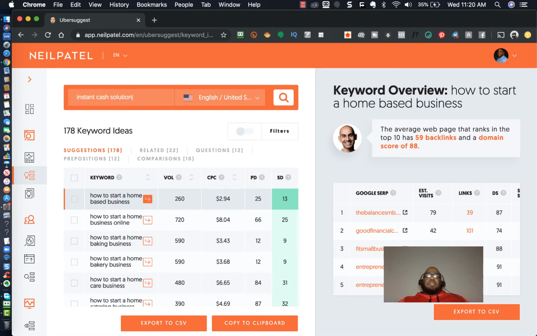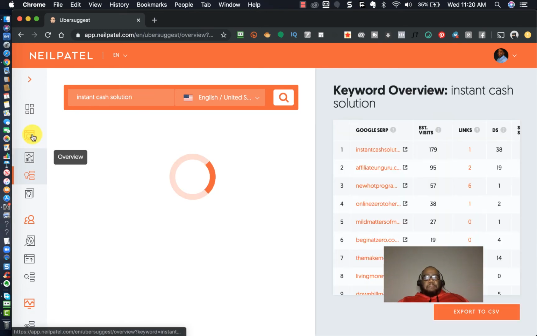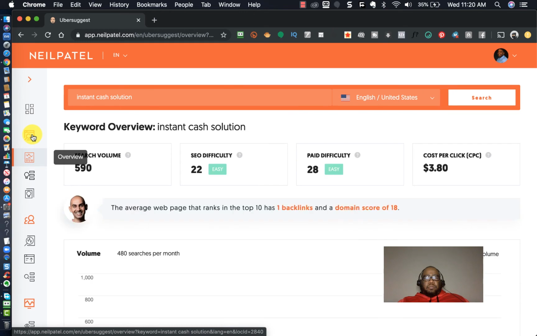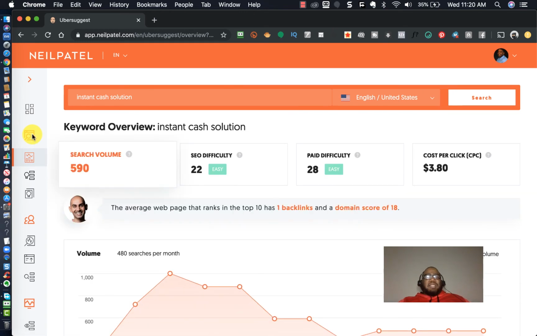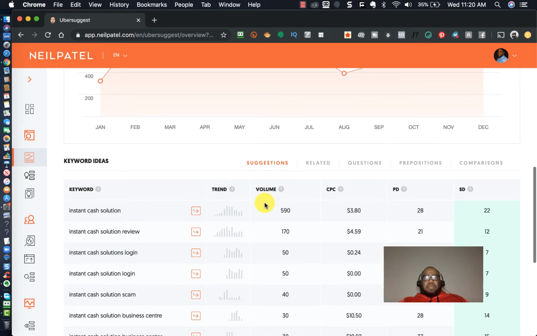Okay, so let's type in Instant Cash Solution and see what comes up. Okay, so about 600 people are going to Google and they're typing in Instant Cash Solution every month. Okay, now Instant Cash Solution actually pays up to $500 per sale.